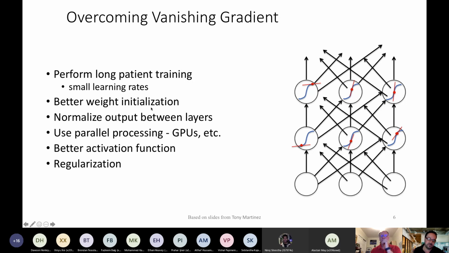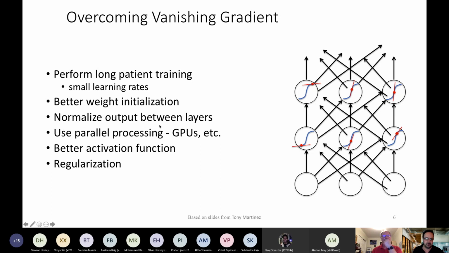One of the other ones that's maybe not so obvious is to have better weight initialization. We talked about exploding and vanishing gradient. Well, obviously, if you just start out with random valued weights, and some of them are really big or some of them are small, then you can grind to a halt really quickly, or you can just start skipping erratically all over the search space, and that's not what you want either.